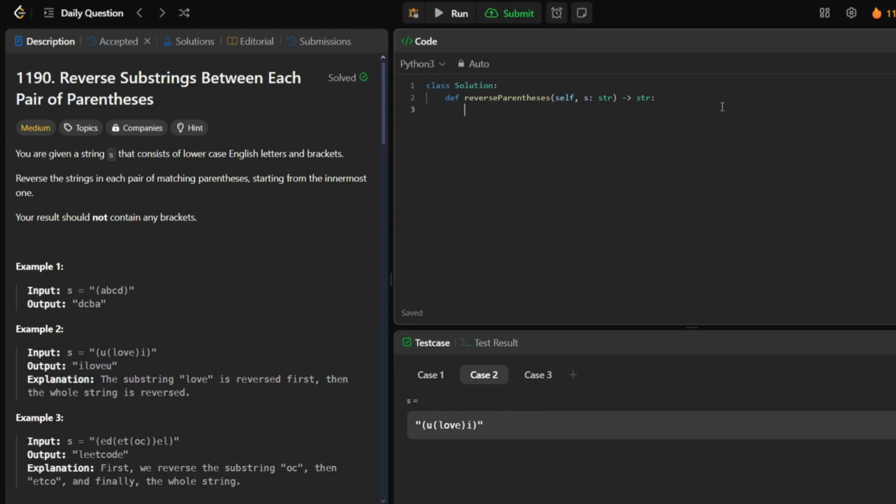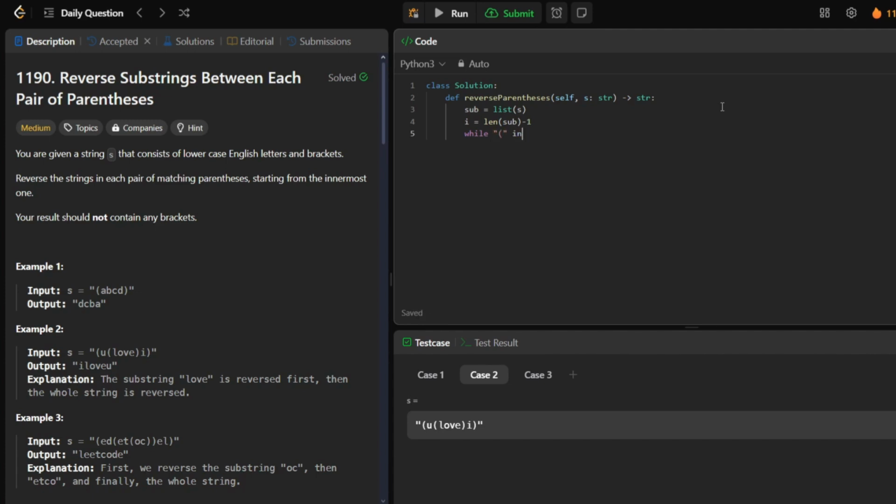So for the solution in Python, we can take a different approach because we have the opportunity to modify the string using just normal strings in Python. But the first thing we want to do is define a list. So we're going to call a list sub, and that's going to be equal to list of s. So we're going to turn string s into a list once again. And then we're going to define an integer i once again, which is going to be the length of sub minus 1 to prevent going out of bounds, and while we still have